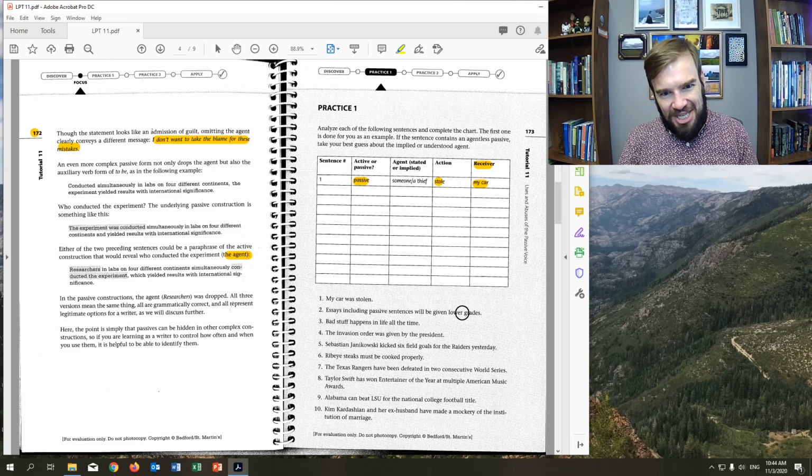Passive. It's a passive sentence, right? Here we see "will be given." So we have the future marker "will," but we also see "be" as our auxiliary, and "give" is in the past participle form, "given." So we could say the action is "give, given," right? Now, what was given is the receiver, remember? So what was given is